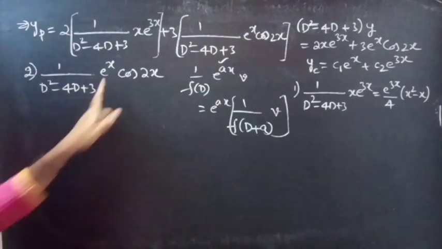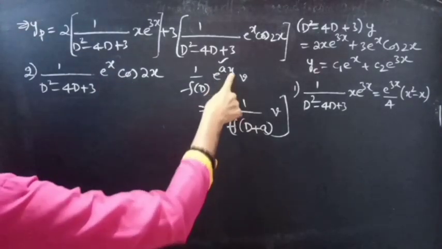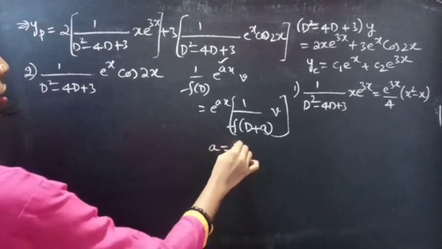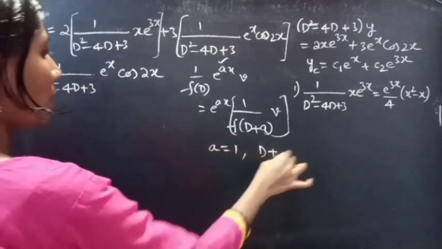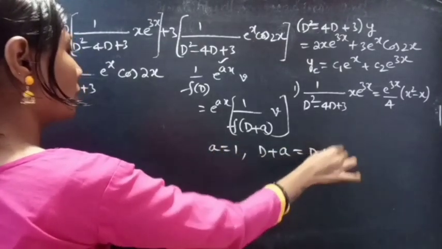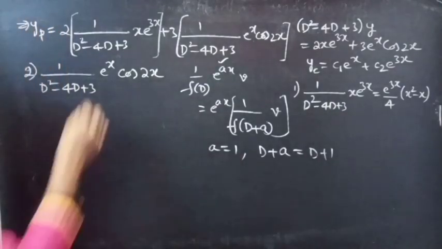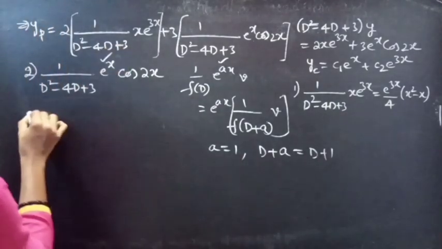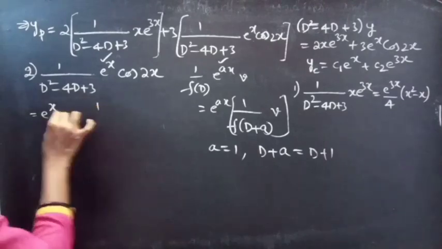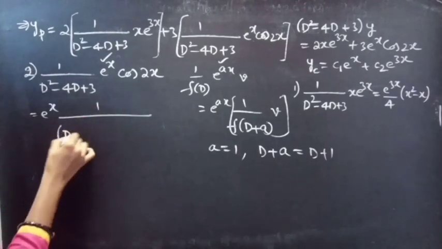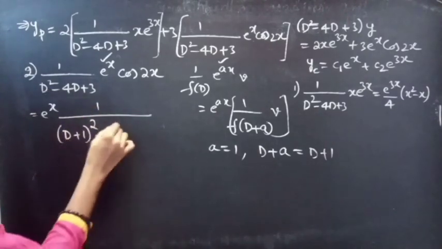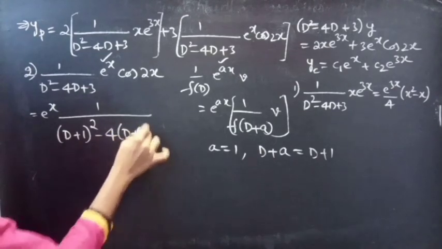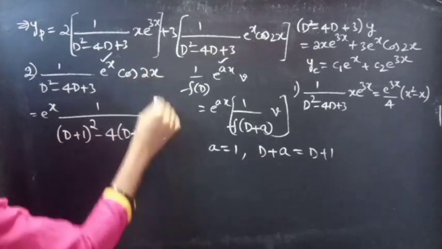So now compare e power x with e power ax, and for a equals 1, we'll find d plus a, which equals d plus 1. Okay, let's shift e power x towards the left by replacing d with d plus 1. We'll get d plus 1 whole square minus 4 into d plus 1 plus 3 into cos 2x,